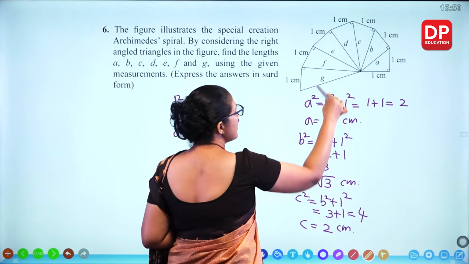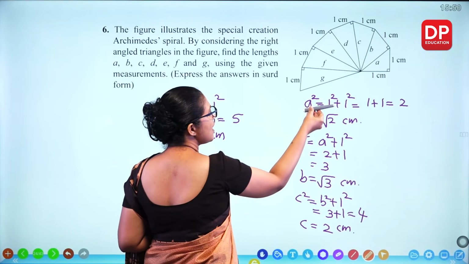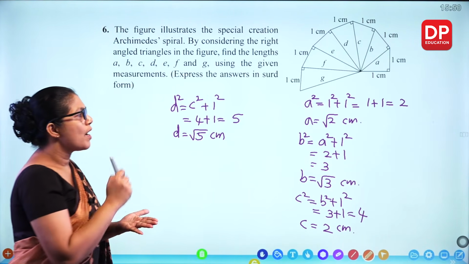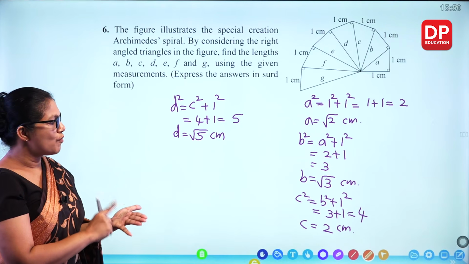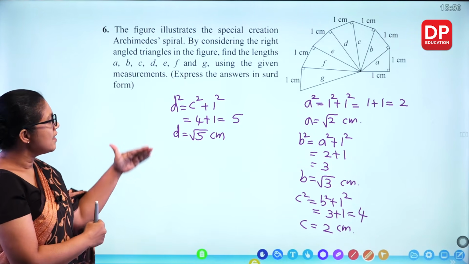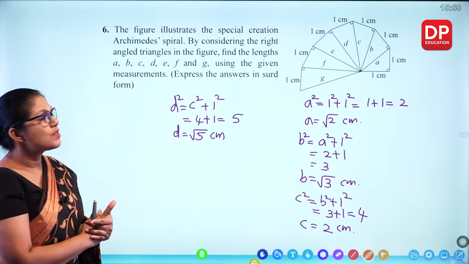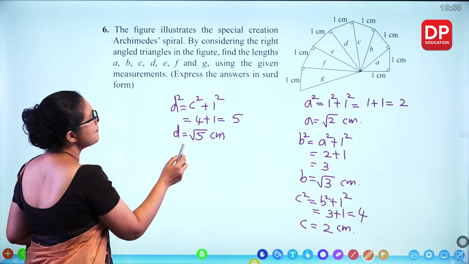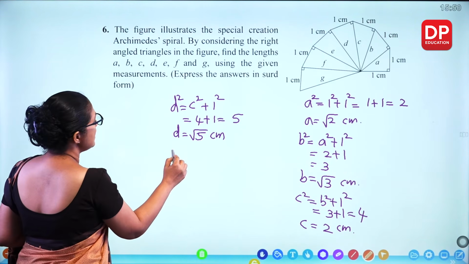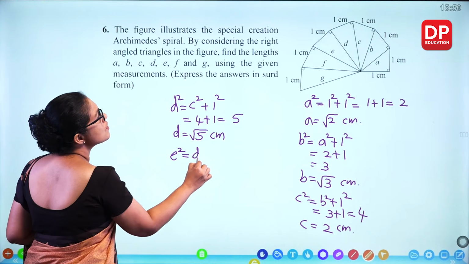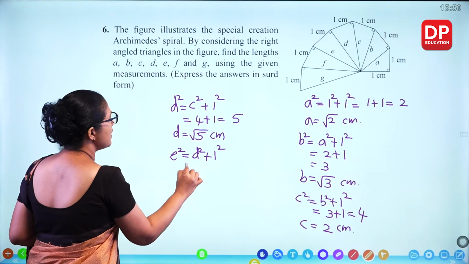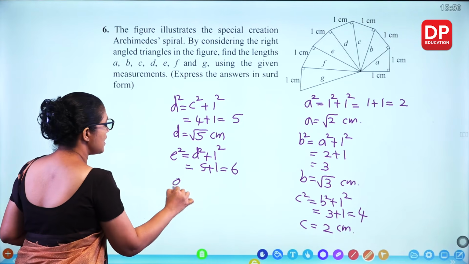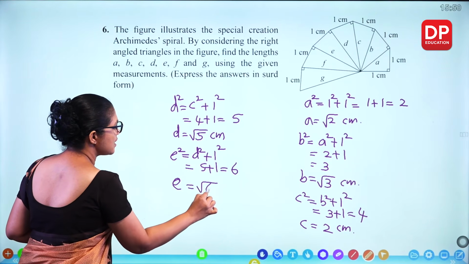For the next triangle, here you can see we can find out all lengths starting from 1 root: 1 root, 2 root, 3 root, 4 root, 5 root, like that. We can find them using the Archimedes spiral. Then next triangle, E squared is D squared plus 1 squared. D squared is 5. 5 plus 1, 6. So E is root 6